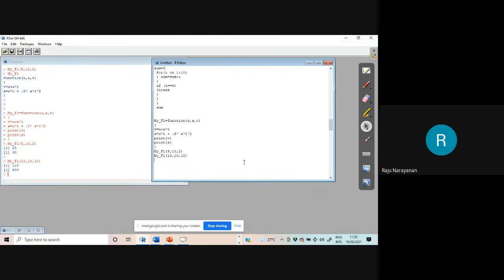This is very simple. Okay. Now, so many modifications are there. My f1 equal to, you can write u is equal to 5, a is equal to 10, t is equal to 2.